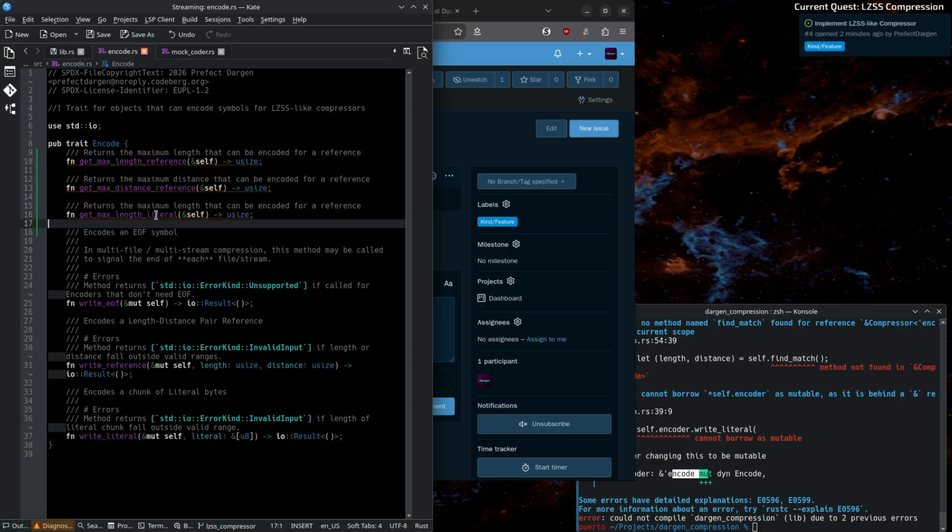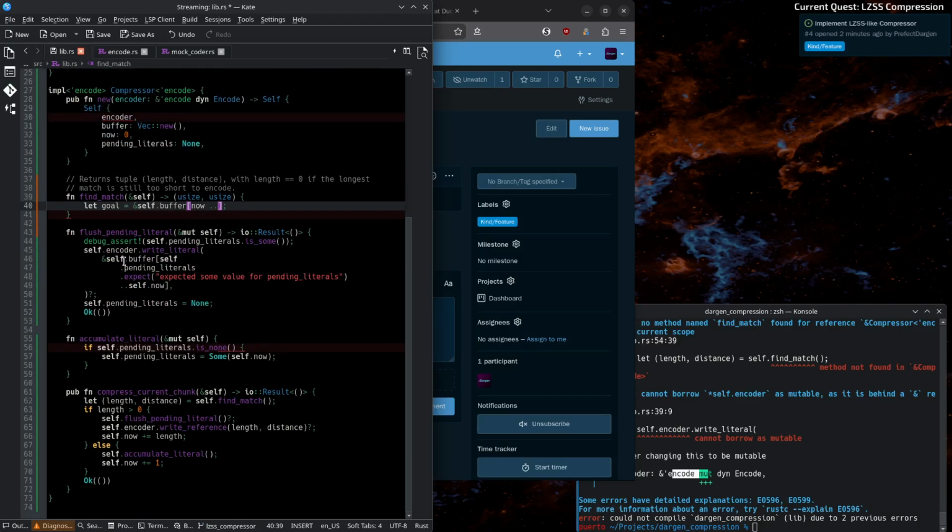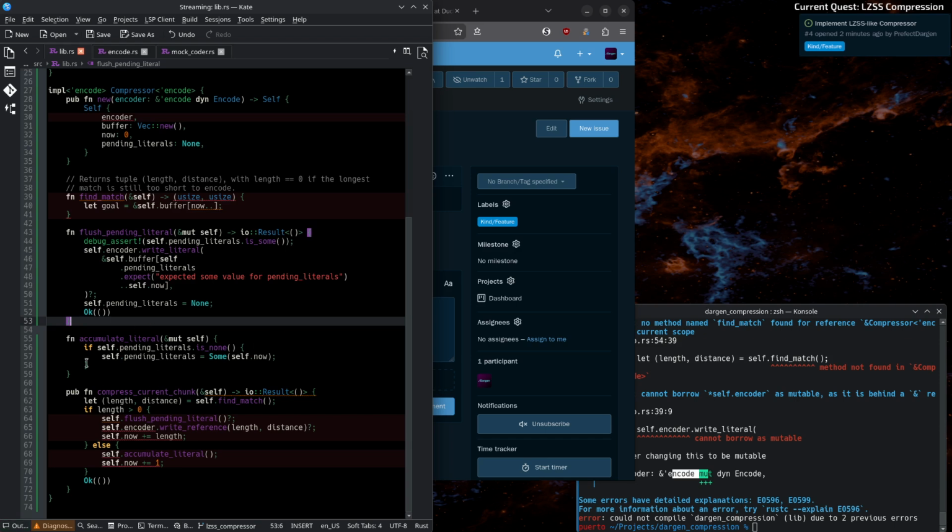And when we have this function, you realize that the implementations that we did for flush pending literal and especially accumulate literal is wrong. It has a flaw, because here we start accumulating literals, and maybe we're accumulating more than what flush pending literal can send in one go into write literal. So actually, what happens is that